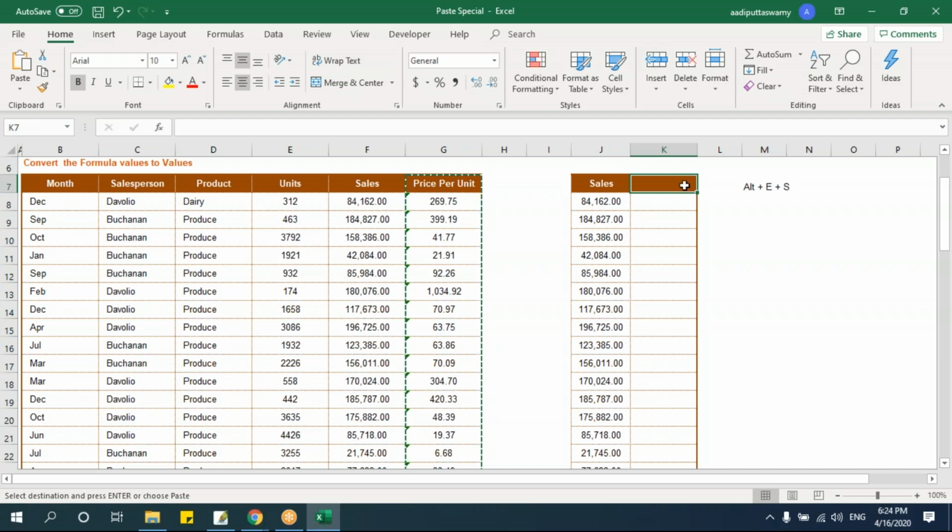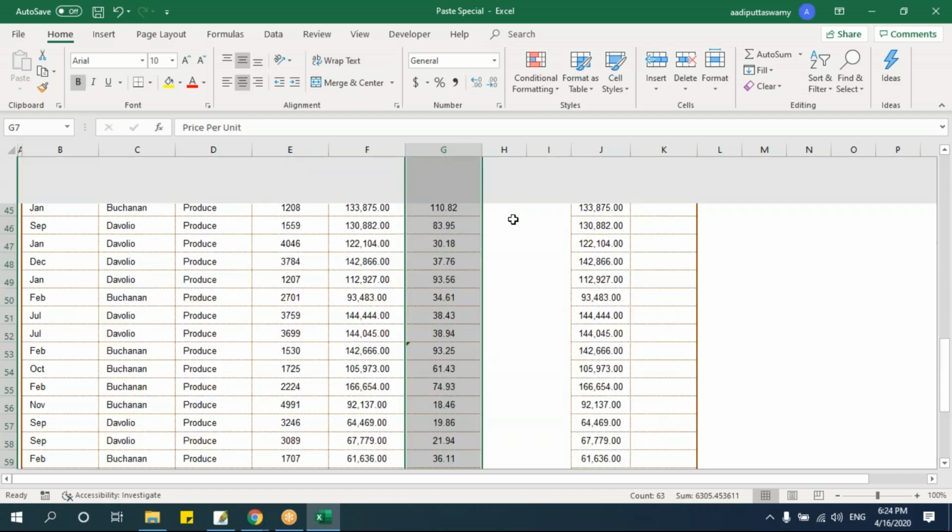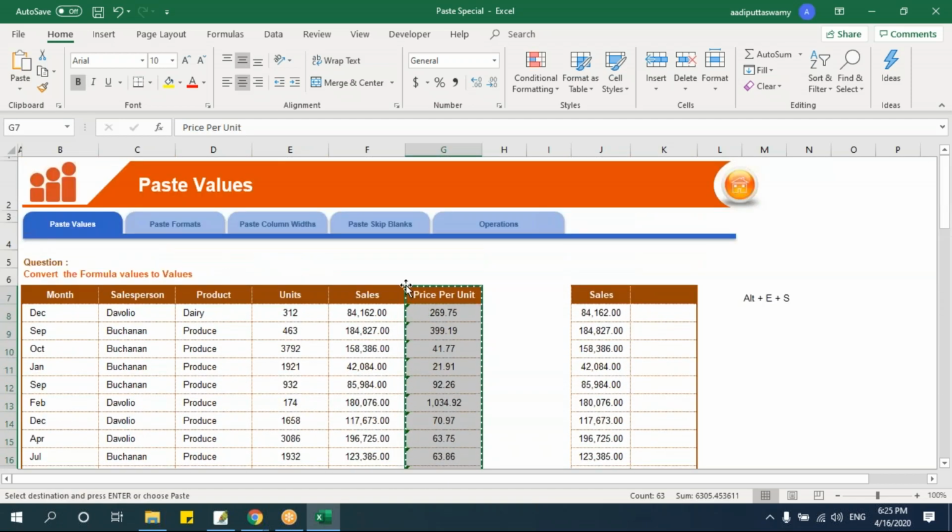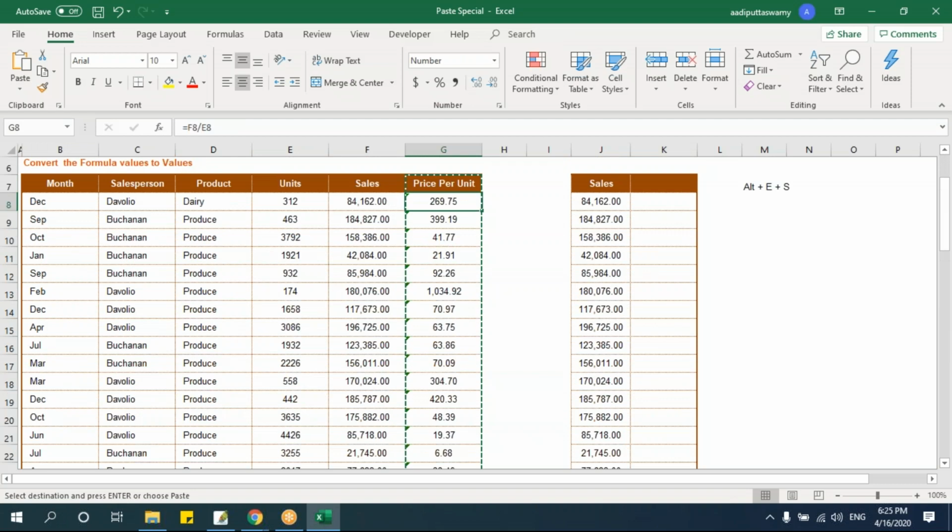Some people say, sir, I'm not getting the paste special dialog box. Why will it not come? Because if you are pasting something, you have to copy something. Can you see that? I've not copied anything. How will I know whether I've copied something? It's very simple. Can you see the marching ants mark here? If you see this mark, that means there is something you have copied. If there is no mark, that means nothing is in my clipboard now, so you cannot use paste special. See, Alt ES, I'm not getting it. So keep in mind, whenever you are trying to paste something, use Alt ES. Check this, the mark is there.